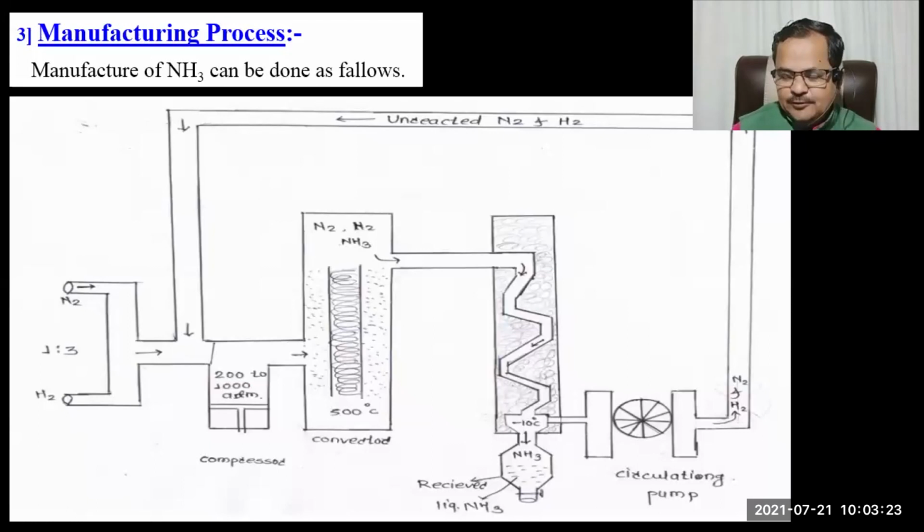That's why in order to become stable, what happens? These molecules combine with each other. N2 and H2, these reactants combine with each other. That's why they get converted into NH3 product. Therefore, this chamber is called a converter. Why is this named a converter? Because here the reactants get converted into ammonia product.